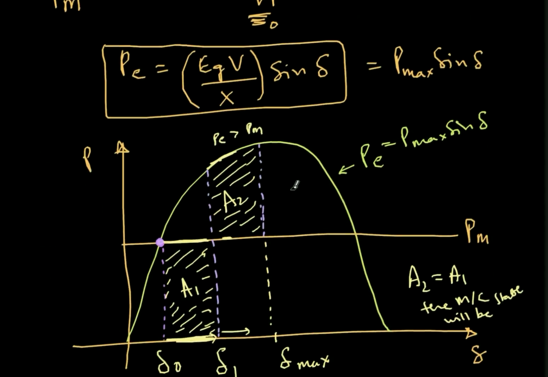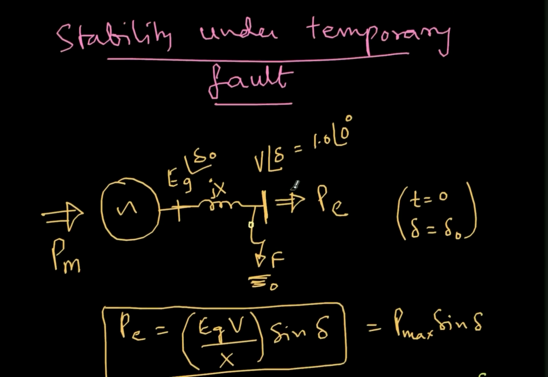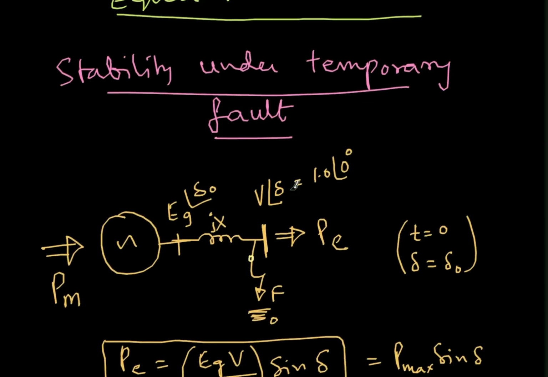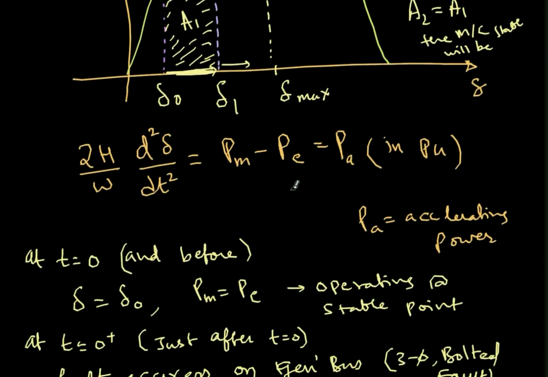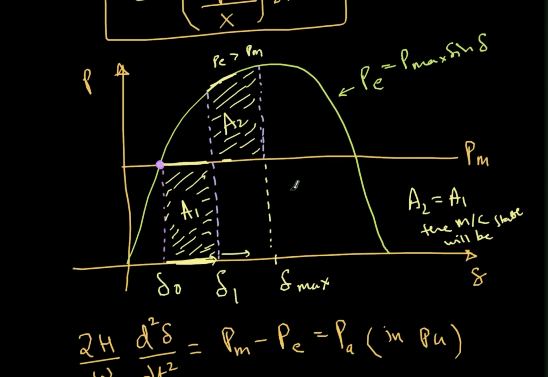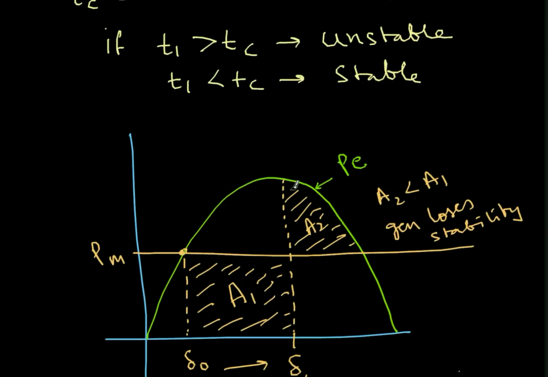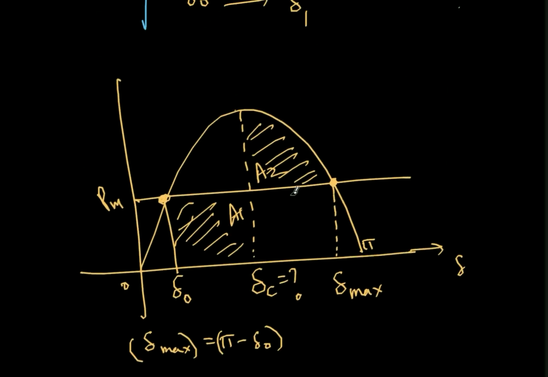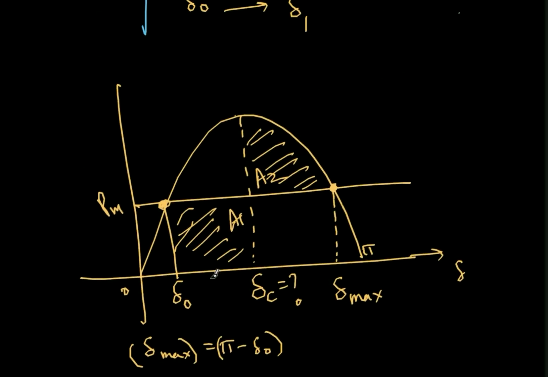So hello everyone. I started off explaining stability under temporary fault, and this is just a continuation video. So far what we have discussed is that in the final case, when area A1 is equal to area A2, that is the critical case where I have to clear the fault. So this is the critical clearing angle. So delta C is the critical clearing angle,